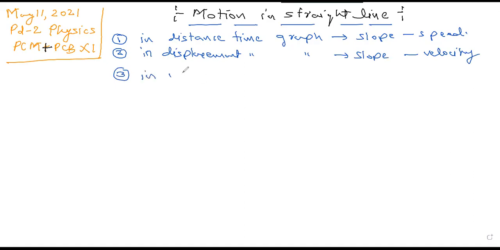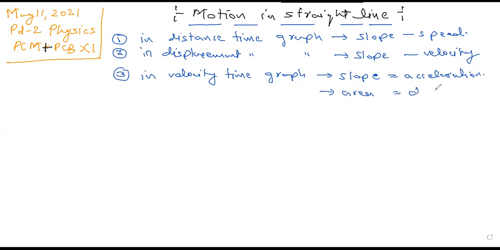In velocity time graph, slope is acceleration. And area gives you displacement. In acceleration time graph,